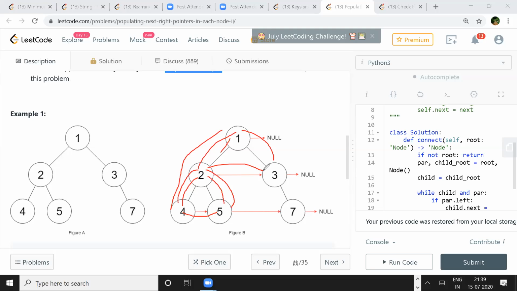Right. Okay, so one thing we can do: instead of going through the very lowest level first, when we are at the root, we just check that the right and left are not null. If they are not null, first we assign the pointers like this.